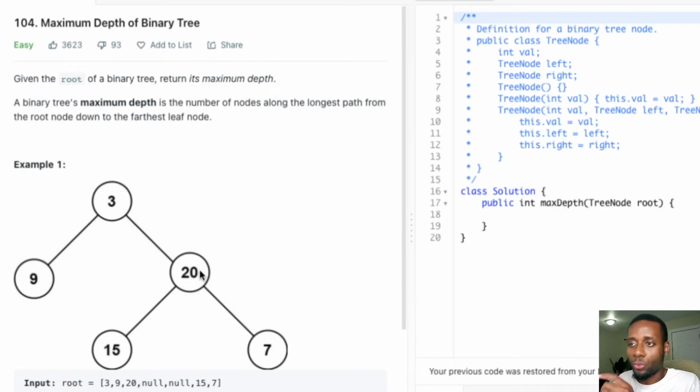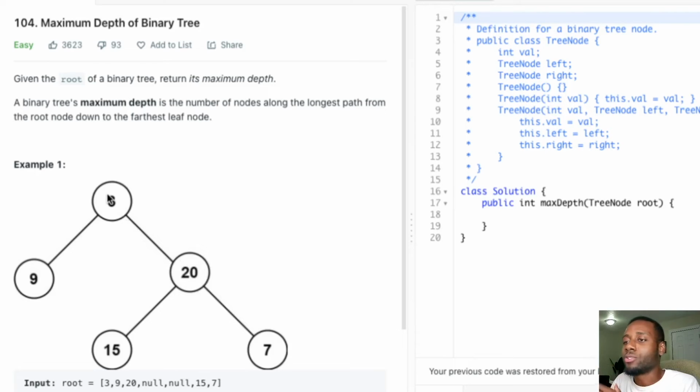So they both return 1, and then 20 picks whichever one's the maximum. Since they're both the same, it stays the same, so it's 1. So 20 chooses the best out of the 2, which is 1 + 1. Now the maximum depth of this subtree from the right side is 2. So 20 returns 2